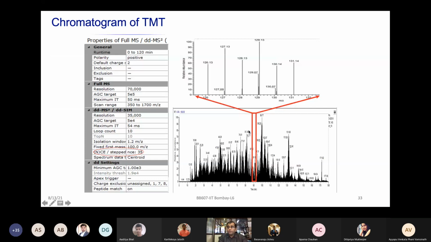You still have to optimize your collision energy when you are looking for the fragmentation. Again, last time I showed you 32 was utilized for iTRAQ. In this case, for the 10-plex TMT tag labeling experiment, a collision energy of 35 has worked well, and you can see all those reporter ions of TMT labeled peptides very well in each of these conditions.